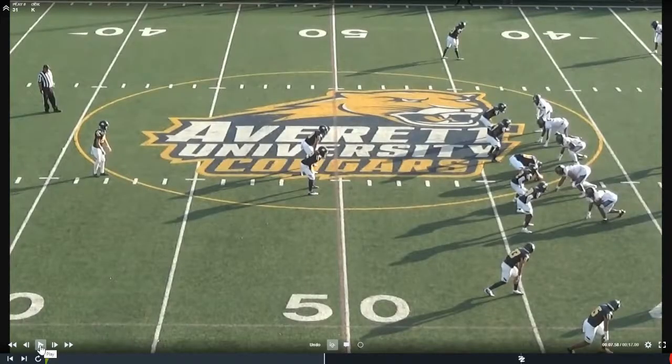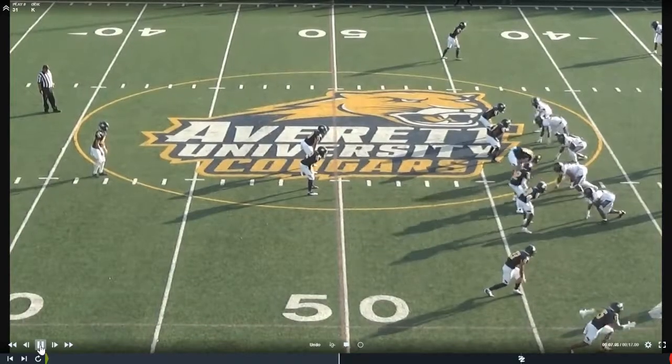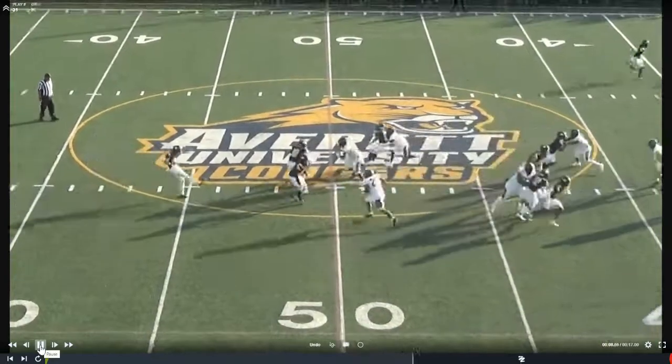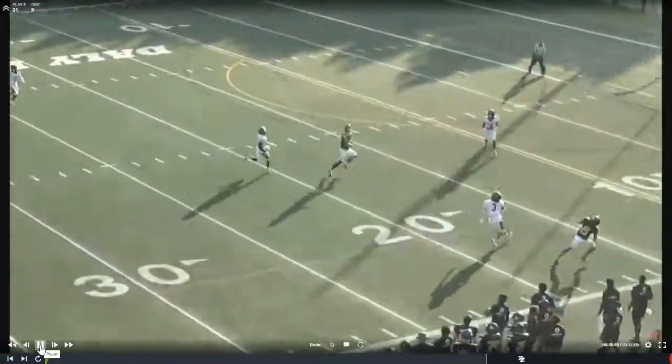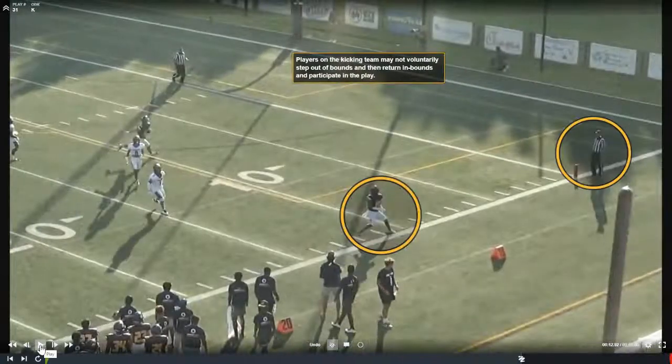Our next play involves a punt near the sideline. This punt does not go out of bounds, but look at our gunner here. It's hard to tell from the video whether that player steps out of bounds or not, but it is important